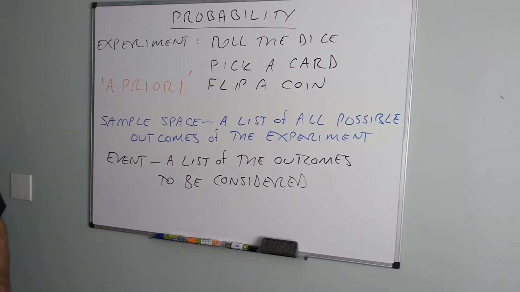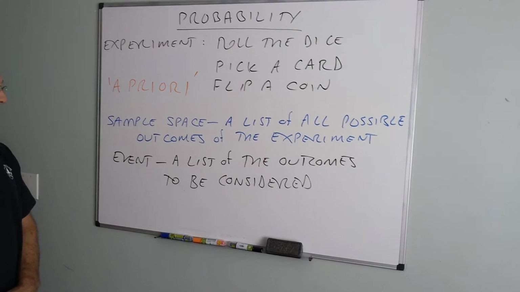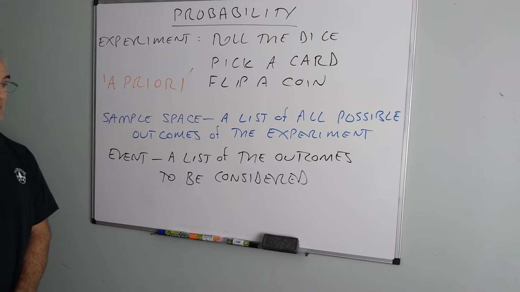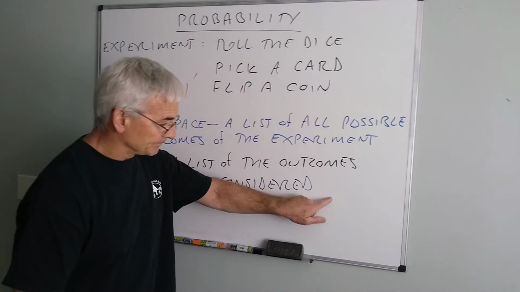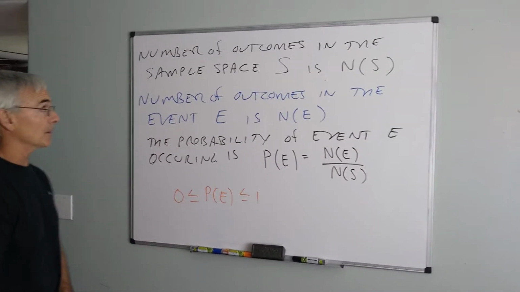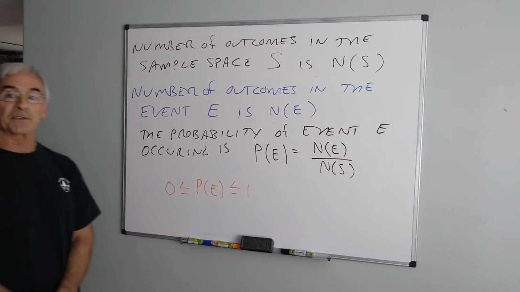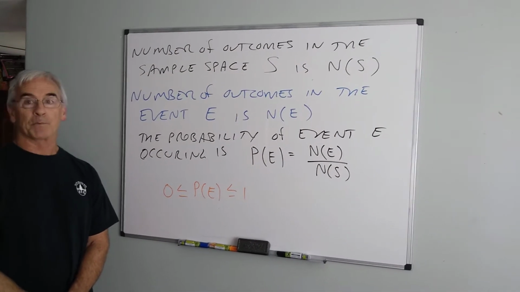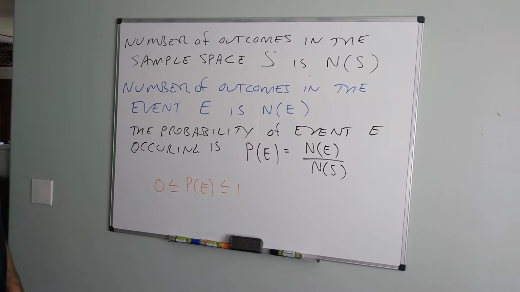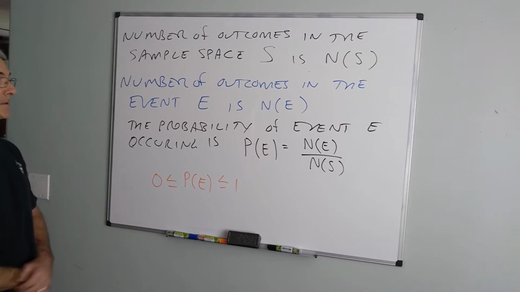The sample space is the list of all possible outcomes of the experiment. The event is the outcomes that we're actually considering that we want to count. Now, to do the calculations, we'd first calculate the number of outcomes in the sample space. This might be finite, or this might be infinite. If it's finite, we call the number n of s. Now, the number of outcomes in the particular event we're interested in we'll call n of e, and now we